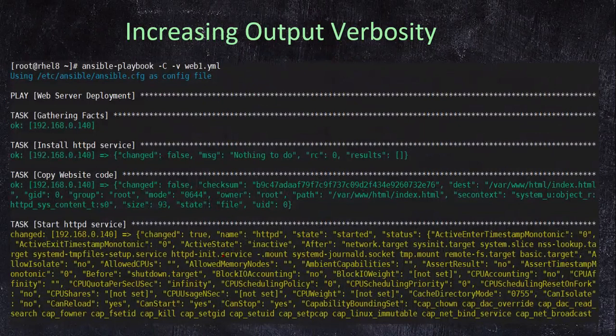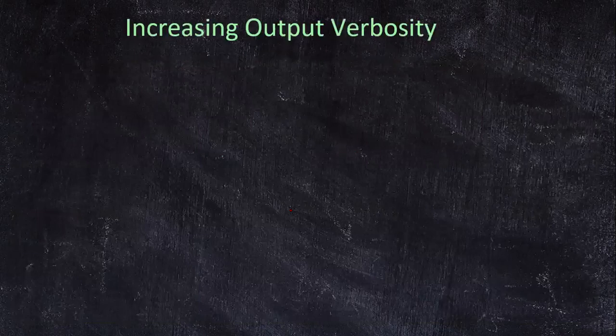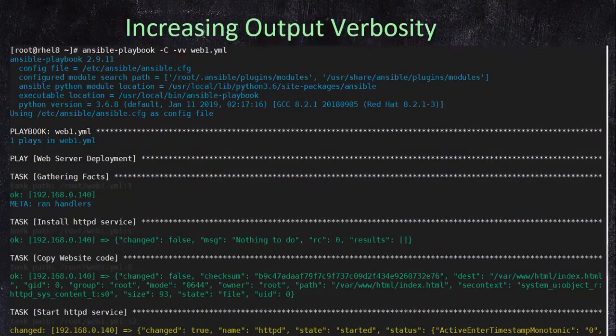So if you run your code with one -v option, you will see the output something like this. It is showing you what has changed. If you do it with 2 v's, you will see additional output, in the sense the specific path of the task as well, where exactly that is mentioned.